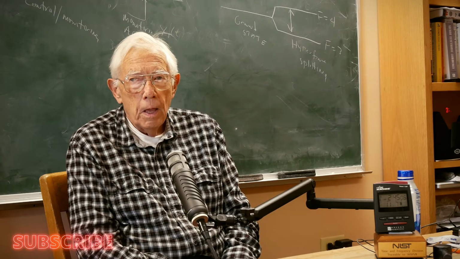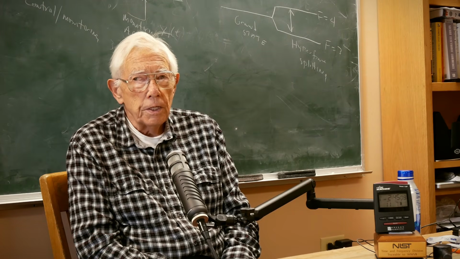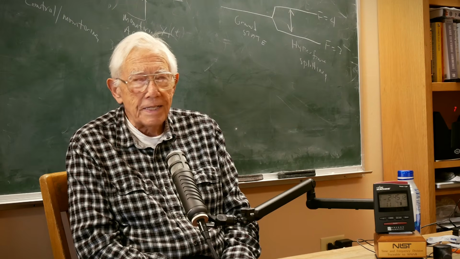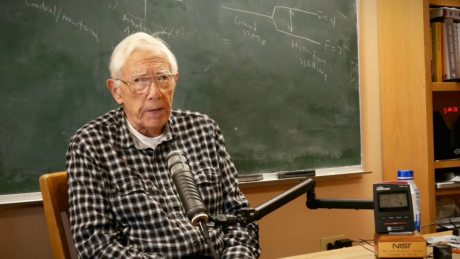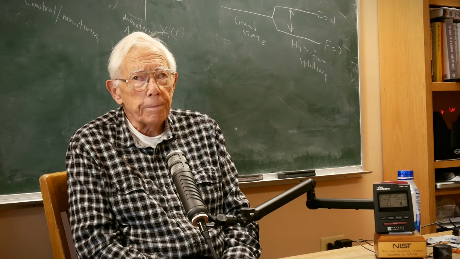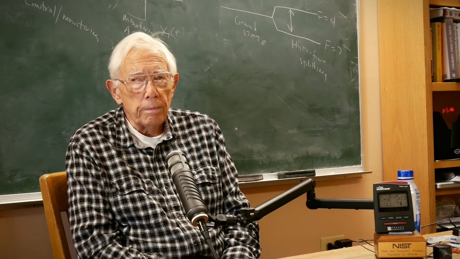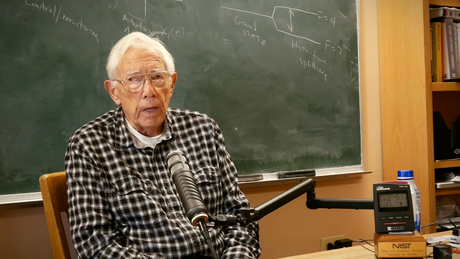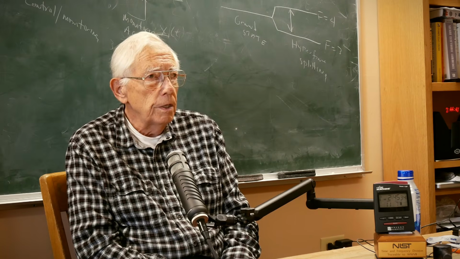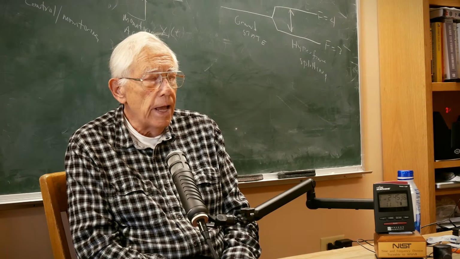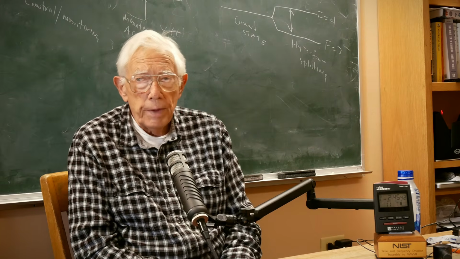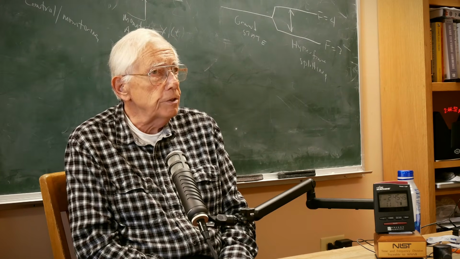UTC, to answer your question, is a paper time scale. That is, it is a scale that does not exist as a physical clock. It's computed by the International Bureau of Weights and Measures, the BIPM in French, based on the data from a large number of clocks in a large number of laboratories. There are about 400 or 500 clocks in the major laboratories. Pretty much every country has a timing laboratory, and the timing laboratory maintains a number of clocks. And the BIPM computes the ensemble average, and that's UTC.